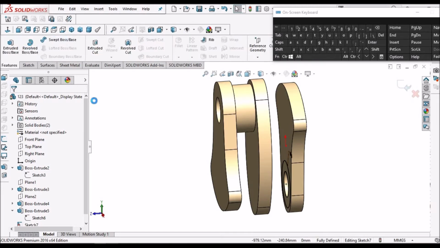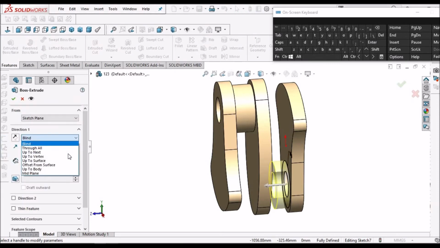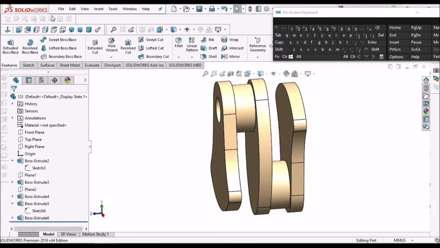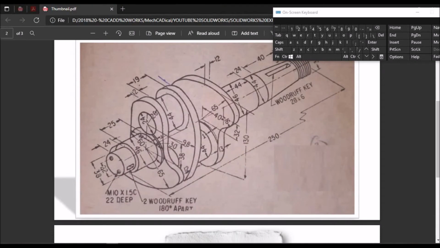Go to feature, extrude and up to next. Say OK. Now we have to create. Okay, this is done. Now I'm going to create this shaft. So this length is 25 and this thickness is 1 mm, 26, and this is 24.